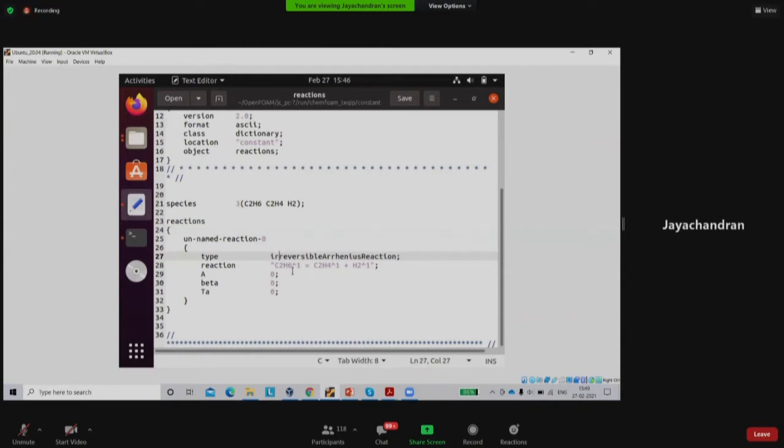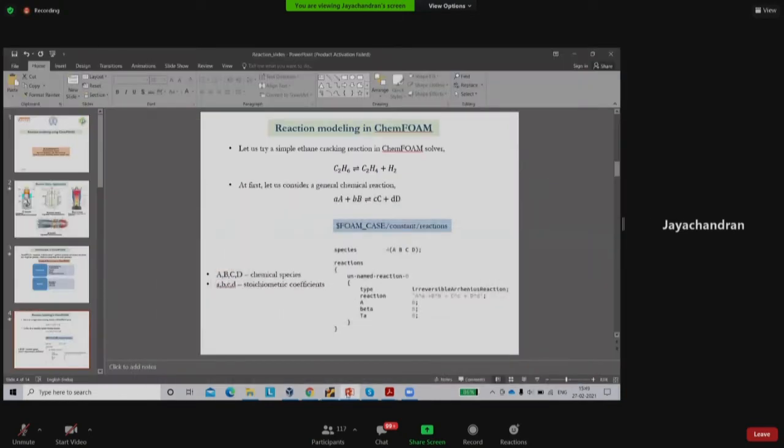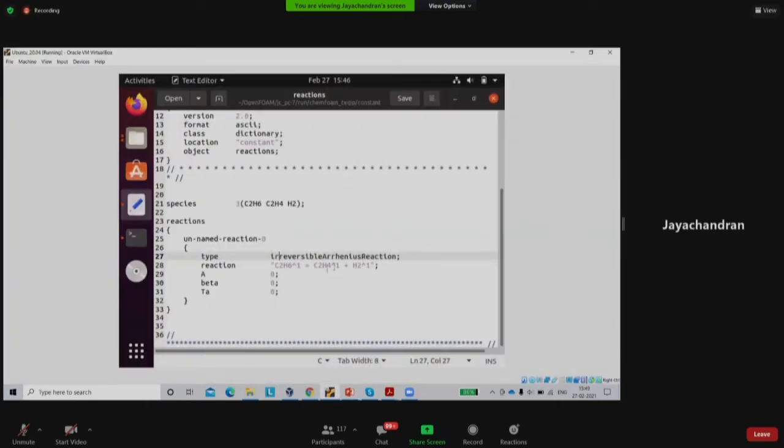Other than that, you are asking whether this power can be 2. Yes, this power can be 2. And whether the power can be a fraction as well. Yes, the power can be a fraction as well. Depending on the equations, whatever you have, 1/2 or 3/4, just make it 0.5 or 0.75 and enter it here. It can be a fraction as well, depending on the reaction, whichever reaction you have.